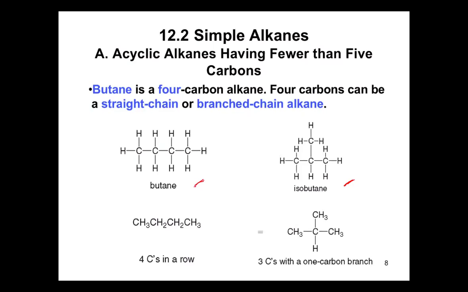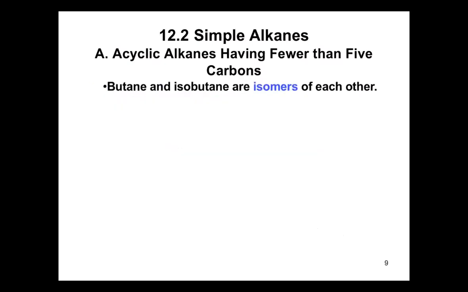However, dun sa isa, dito sa butane, iba yung bond location niya compared dun sa isobutane. So dito, yan yung 4 carbon atoms magkakakonekta. Pero in terms of this isobutane, yung isang carbon atom is branched from another carbon atom. Okay? So, always remember na habang dumadami yung carbon atoms, mas dumadami yung possible na configuration or possible arrangement ng atoms. When we encounter these molecules, we call them as isomers.